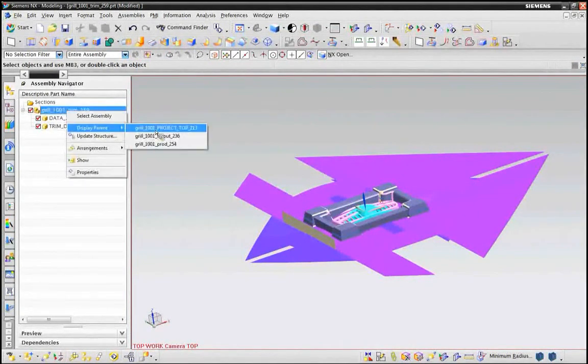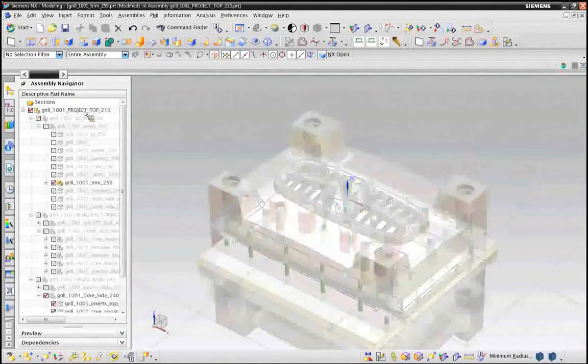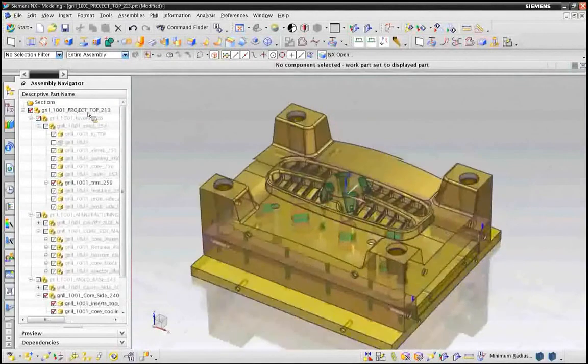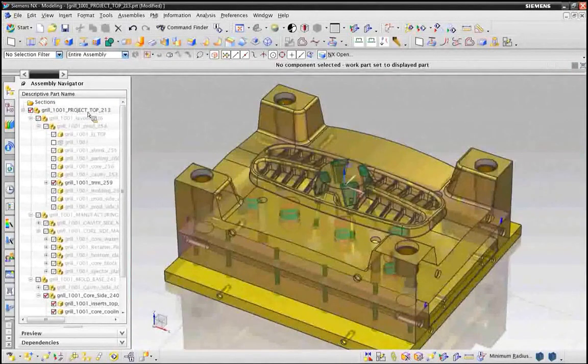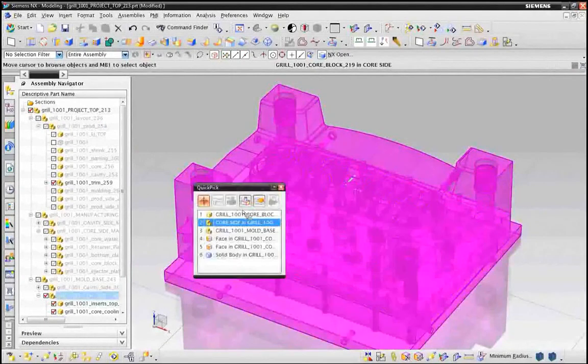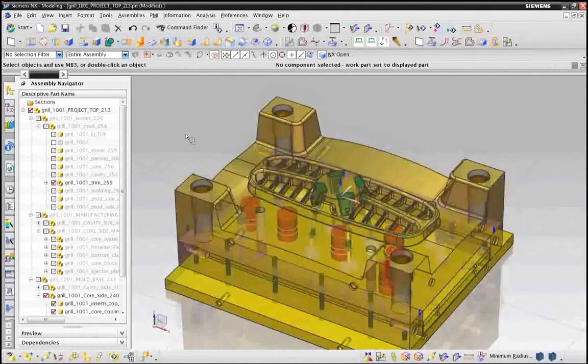And I can see that there's a considerable change to the actual geometry of my core block. You can see that it no longer is a tub type cavity. It's a four-cornered post. So let's go back to the manufacturing setup. So if I say make displayed part,